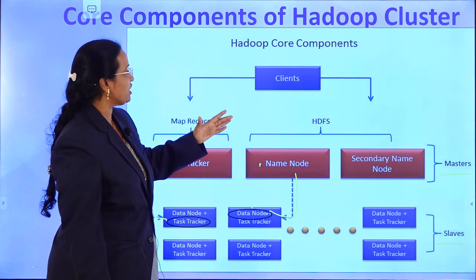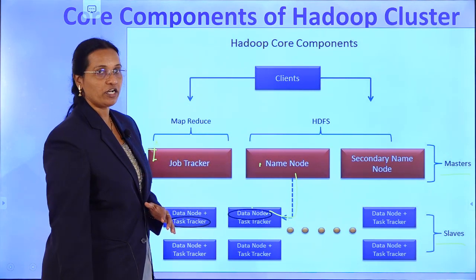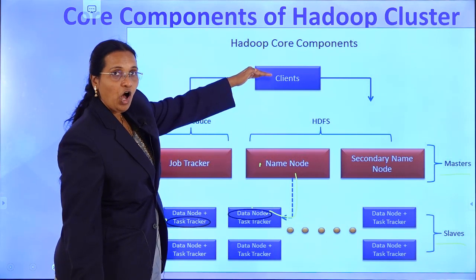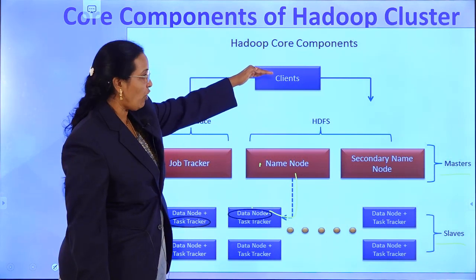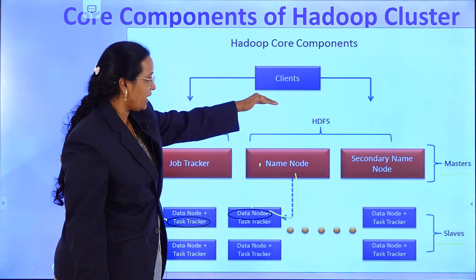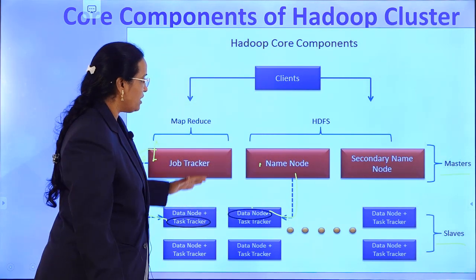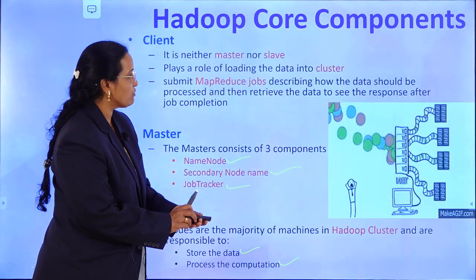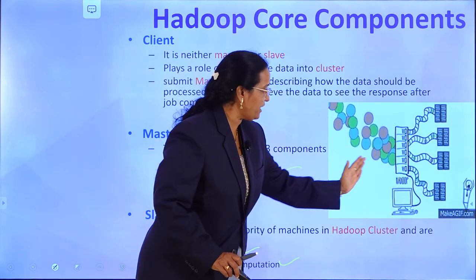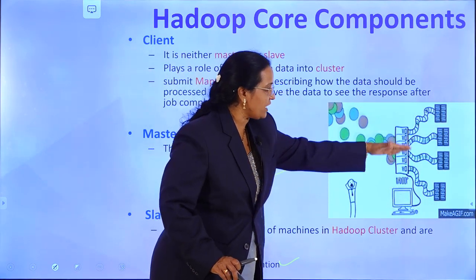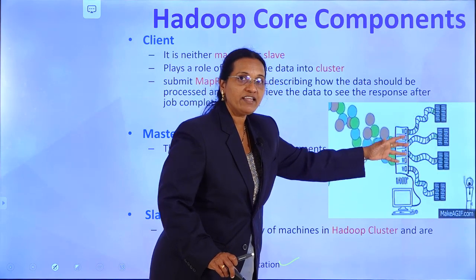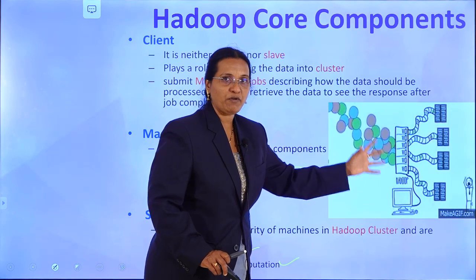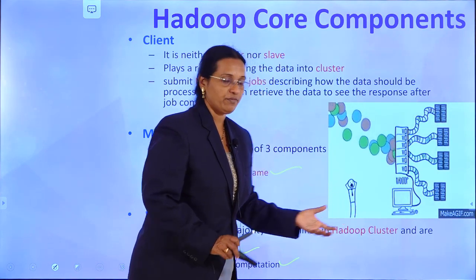In this fashion the Hadoop core components work. The client submits its data, maybe unstructured, semi-structured or structured data, whatever it is. Once it submits the data, the process happens like this. The master nodes and the slave nodes are there. As shown in the previous diagram, the client submits the data, then the processing happens, and then the client gets the results based on the query or request performed.